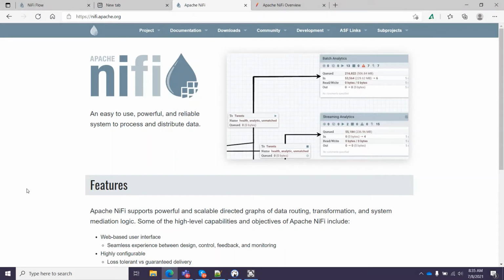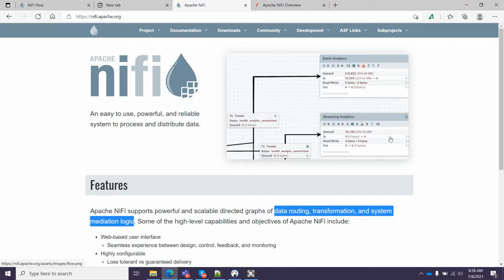Hi, today we are going to use Apache Nifi, and this is basically an implementation of EIP patterns which facilitate data routing and transformation and different mediation logic between the systems. So it is very helpful in terms of BI teams and data analytics teams. What it does is consume the data from different processors, process it, and basically deliver it to an endpoint,